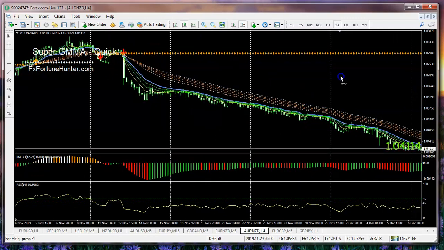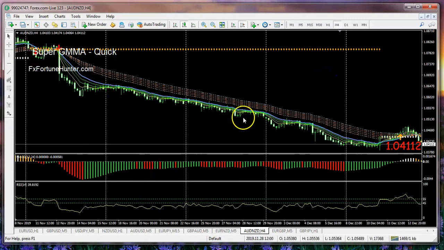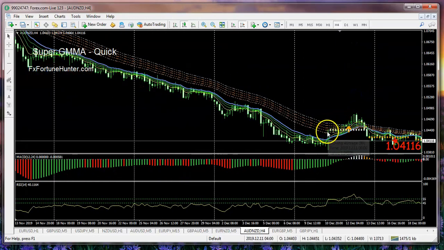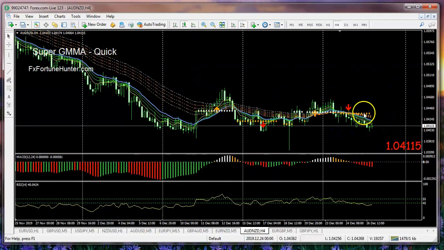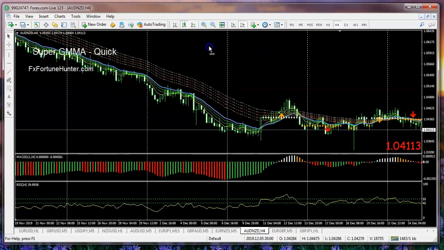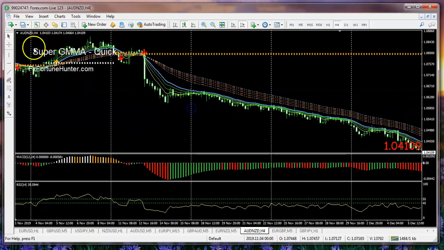And you can see here, you feel perfectly comfortable. You're hardly even getting through the 15 at all the way down to this area. It isn't until you get to here that you say, uh-oh, maybe we've got a turnaround coming. But even then, you can see over the last couple of weeks, we've just chopped around down here at the base of the price bars. So bottom line is, on our Super GMMA Quick, this really helps me to see what the various values are